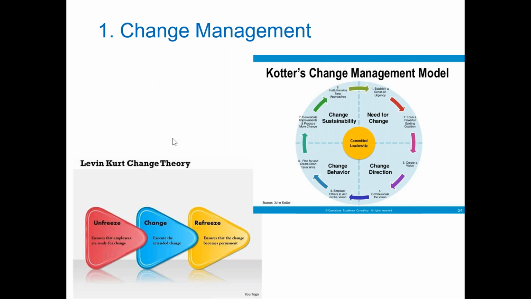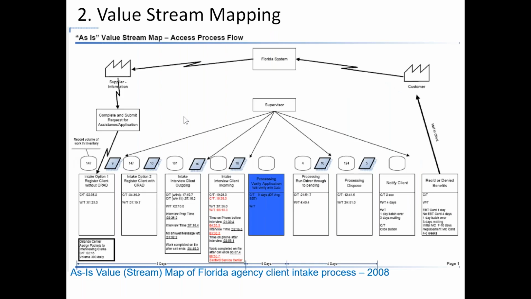Now, at that point, we get into value stream mapping. All of us have seen the standard Quality 101 value stream illustration that's in the CQIA handbook. This is one that a Lean Six Sigma group or a University of Central Florida group, for which I was a master black belt mentor, did some years ago. And all of you know value stream mapping. I'm not going to take you through this.